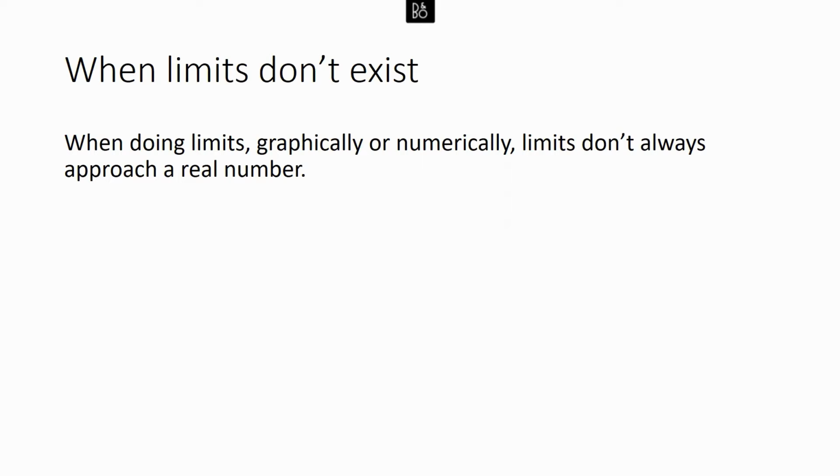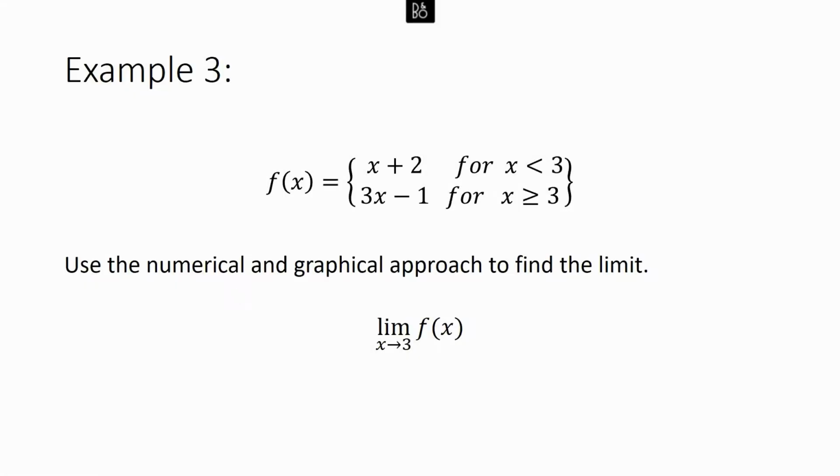The first way that this can happen is through a piecewise defined function. So here we have a piecewise defined function. I know a lot of you probably don't see the set brackets. Usually when we define a piecewise defined function, you put set brackets on one side and not the other. The computer program that I'm dealing with forces me to put set brackets on both if I want to scale them to the correct size. So that's why it looks like that.